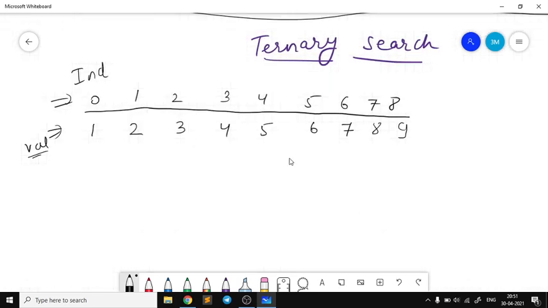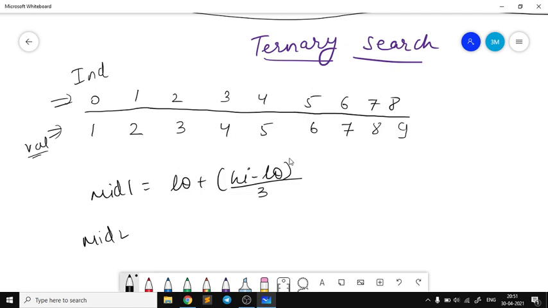Now coming back to the ternary search, I'll be dividing this array into three parts. So what formula will I use for dividing? I will be calculating mid 1 and mid 2. How will I calculate mid 1? Low plus (high minus low) by 3, because in binary search we wanted to divide the array into two parts, so we divided by 2 there, and in ternary search I have to divide my array into three parts, that's why I divided by 3. And similarly for mid 2. Let us assume for instance my mid 1 will be pointing here and my mid 2 will be pointing here,